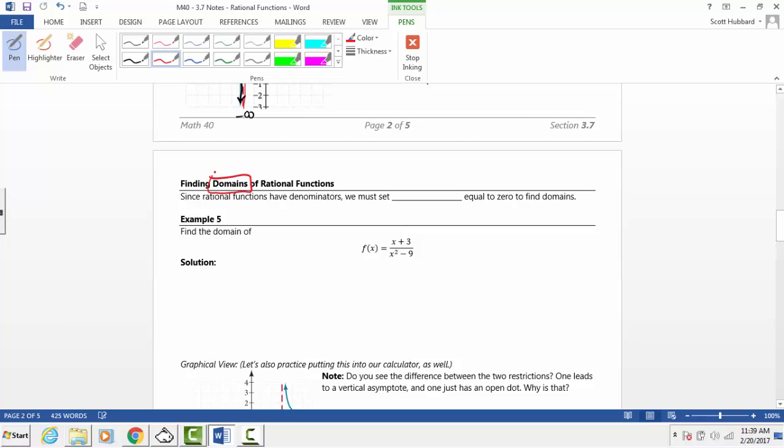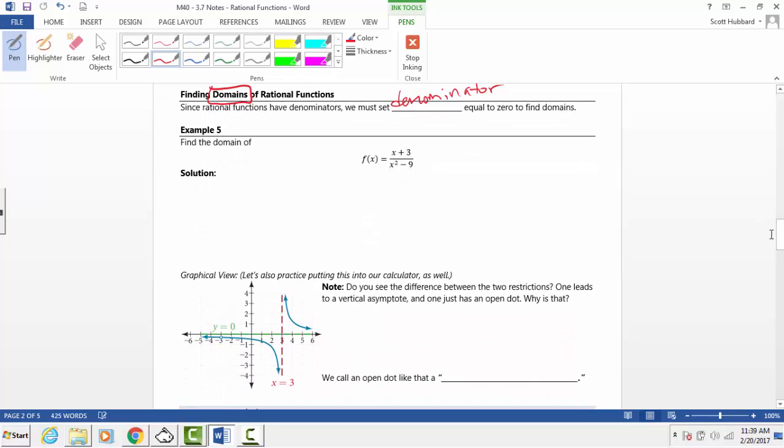So, because a rational function has a denominator, we're always going to set the denominator equal to 0 and define the domain, the restrictions on the domain. So if we take a look at this graph here, its domain is going to be all real numbers except when the denominator is 0. So to find the restrictions,